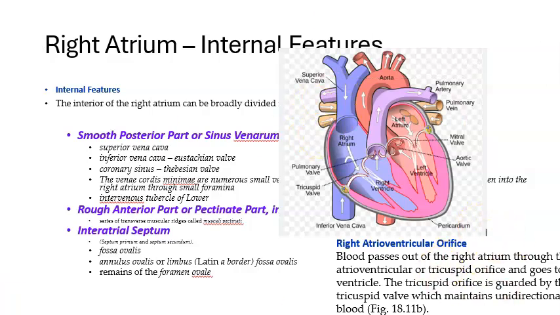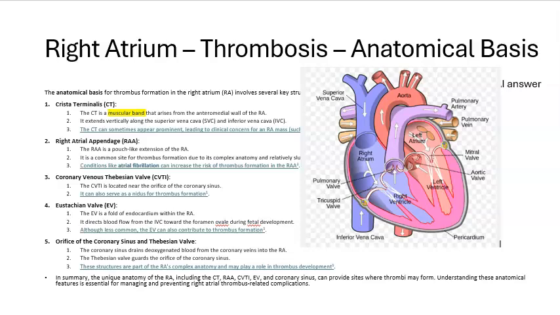The interatrial septum itself has what? It used to have the foramen ovale, now the fossa ovalis, around which you have the annulus ovalis, etc. So many structures there. You're able to understand. All these things can be a nidus for thrombus formation in the right atrium. Okay, then